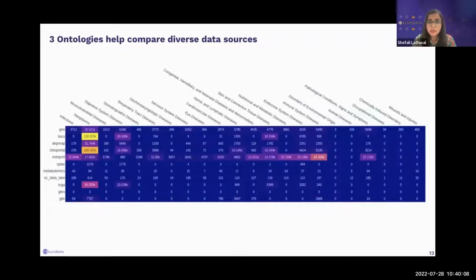So the numbers we are seeing here are the number of data sets that are related to a particular disease term and all of its subtypes in that source. So since we've done this exercise for many different data sources, what we can see here is that IMPORT, which is an immunology database, contains a lot of data related to infections and immune system diseases, as one would expect, whereas the Cancer Genome Atlas, or TCGA, mostly contains neoplasm data. We can also use this